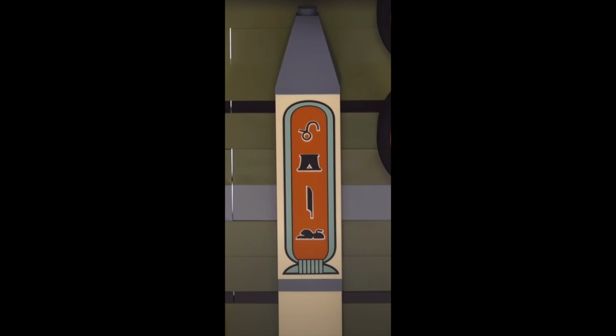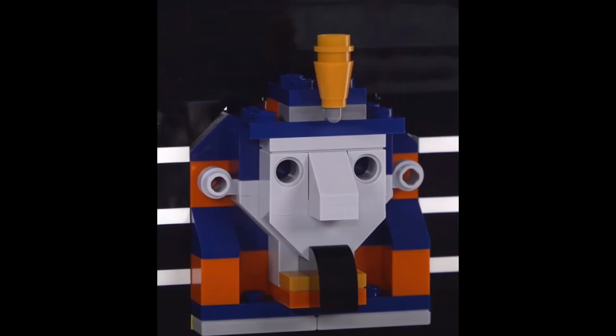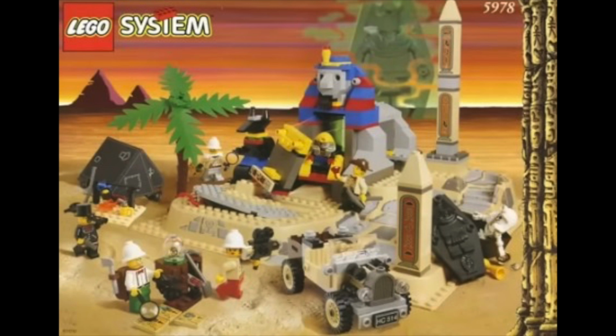Next, we see a column with some numerals on it of ancient times. I don't know what they mean, and that's referencing set 5958. It has Johnny Thunder, Baron von Baron, and Mr. Kilroy, I believe, and a mummy, another tomb set, so that's interesting. We have a Sphinx head, which is referencing another Adventurers set with the whole crew here this time,